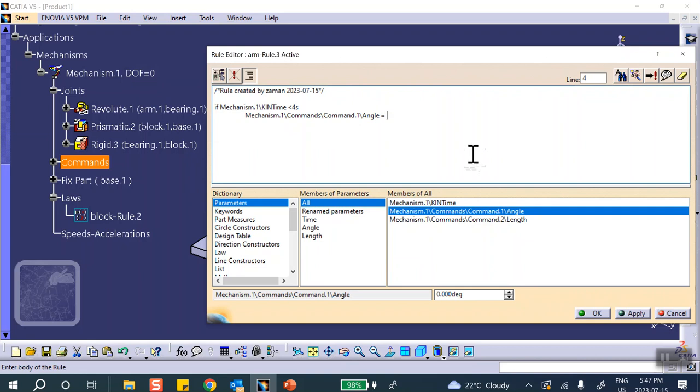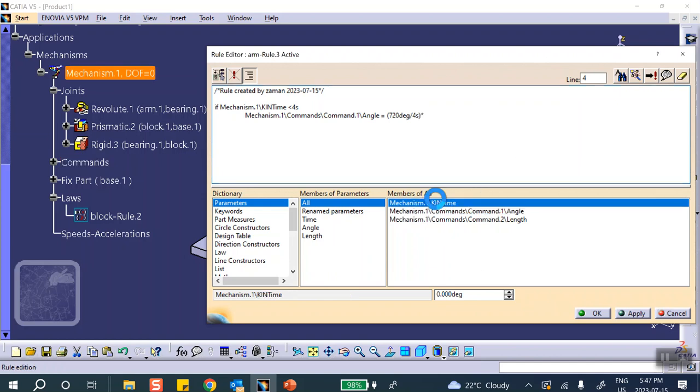it was 180 degrees per second, or 720 over 4. Remember that? It was 720 DEG divided by 4 seconds, or 180 divided by 1 second, times time. Oops. Okay. Enter. Else, if time is less than, now it's 6 seconds,